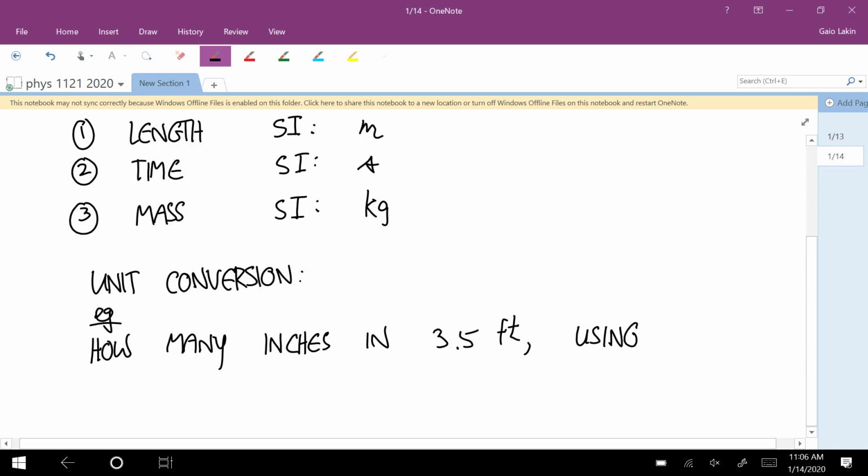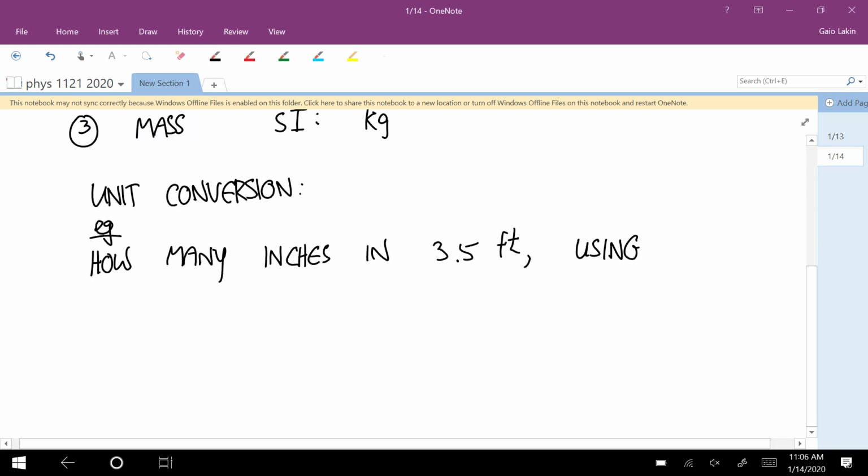And to do that, we're going to use the fact that 1 foot is equal to 12 inches. And by the way, these are non-SI units of length. Okay. Well, intuitively in your head, you know that the answer is you just multiply that 3.5 by 12, and that gives you the number of inches. But the way that works is,